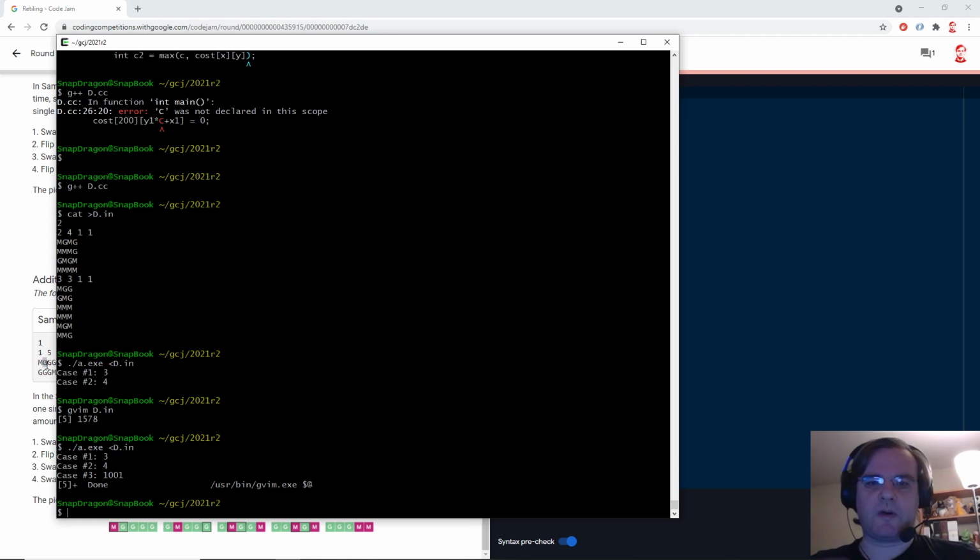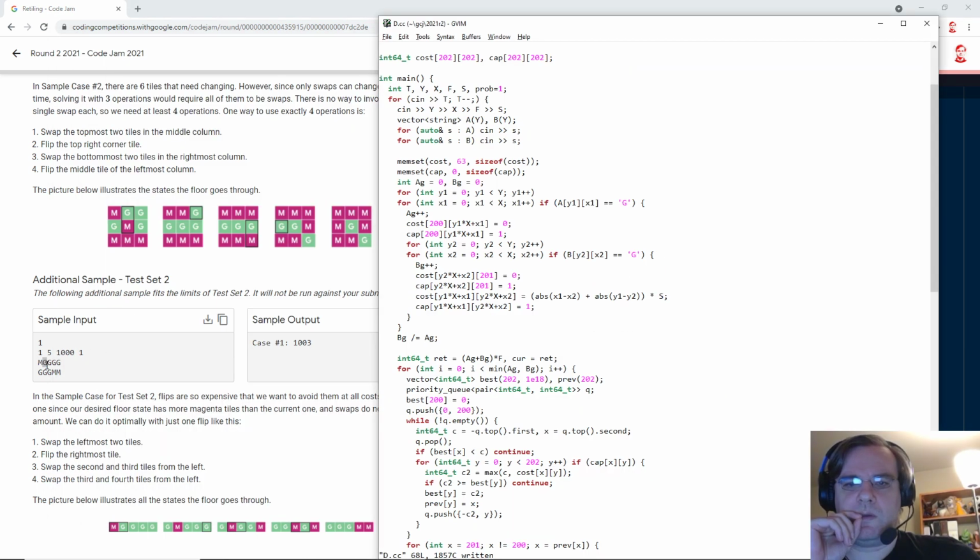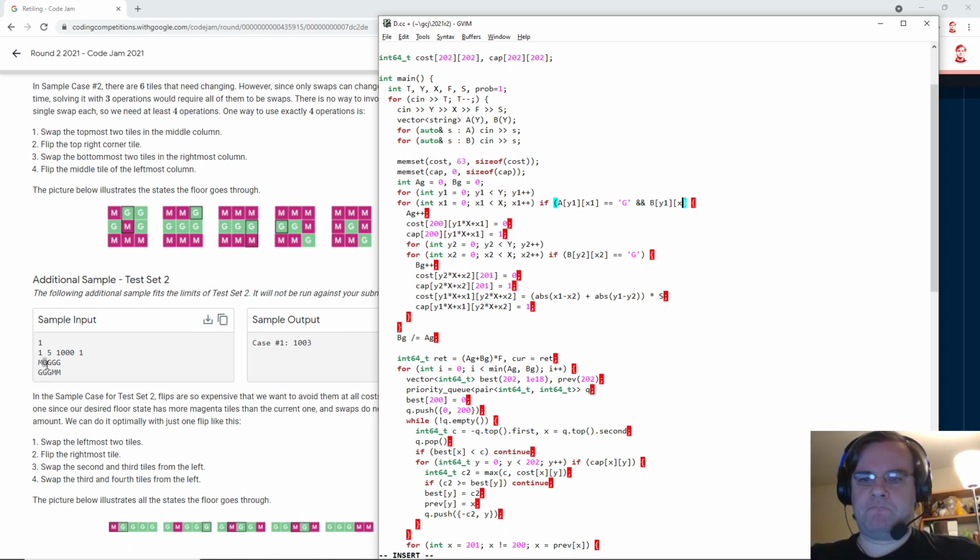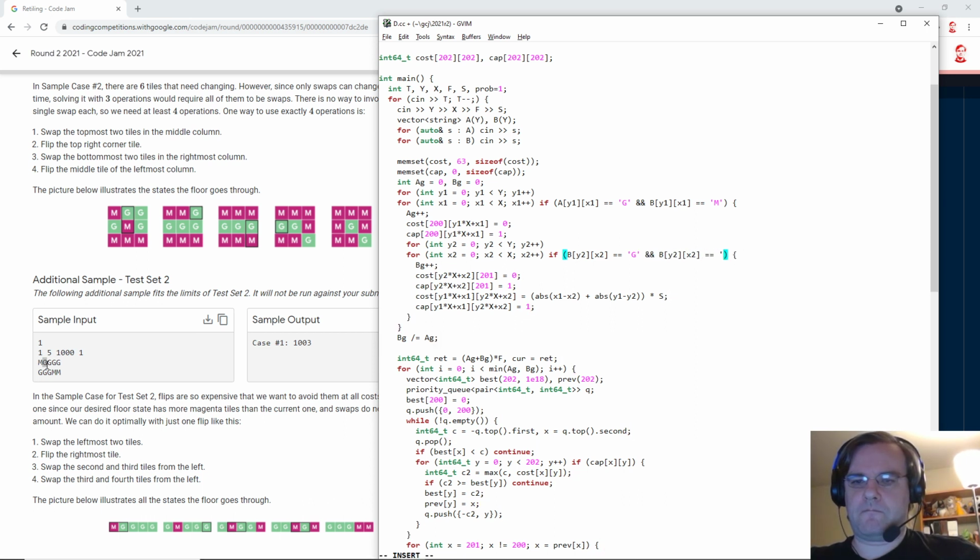I think I just need to ignore all the cases where a swap is not needed.